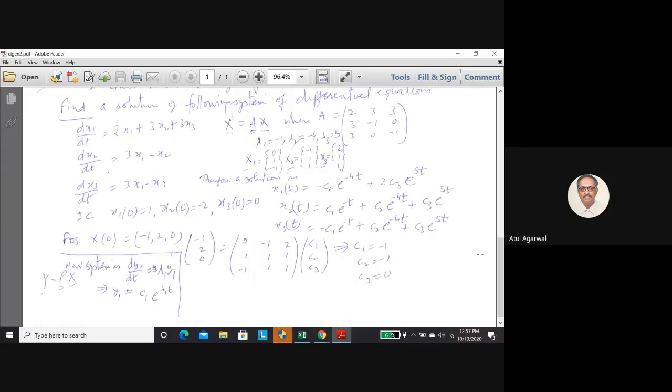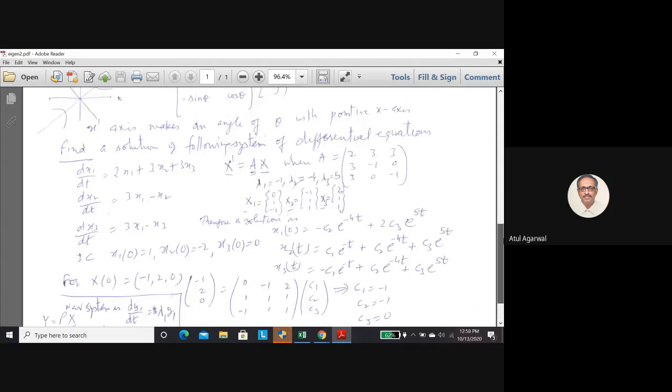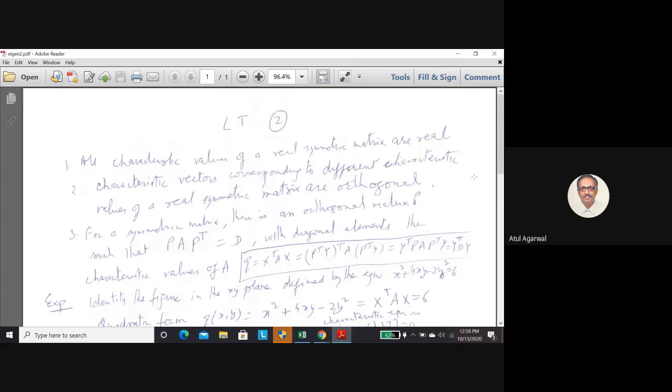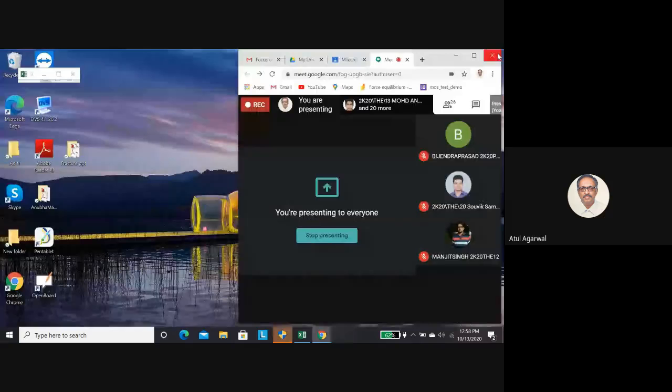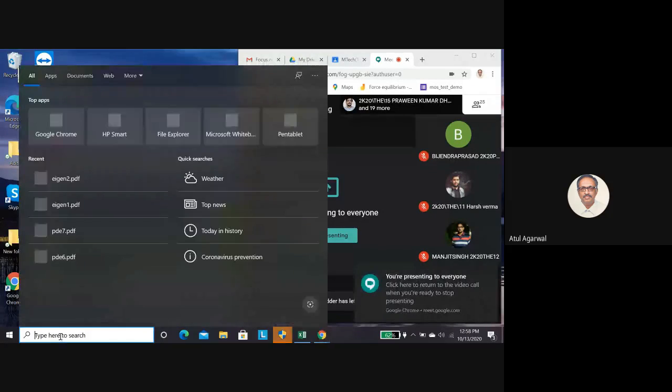Vijendra Prasad, do you understand? Yes, sir. Look, what we did, we decoupled the differential equations using this eigenvector approach. We found a new set of variables which had decoupled equations. Once we had decoupled solutions, then we again used the transformation to get the solution in terms of the initial variables. Okay, so this is a very fundamental approach. This slide I have already uploaded on your Google Drive. You look at it, so you will know how to solve coupled differential equations.